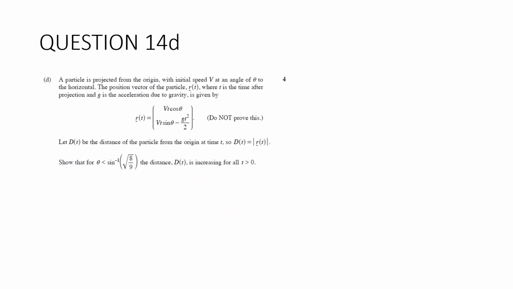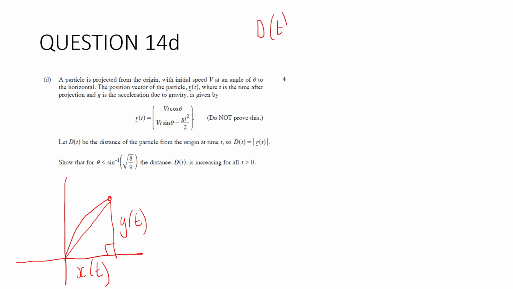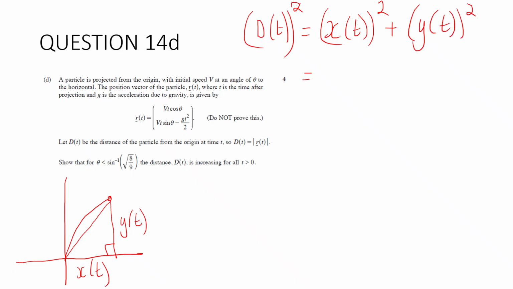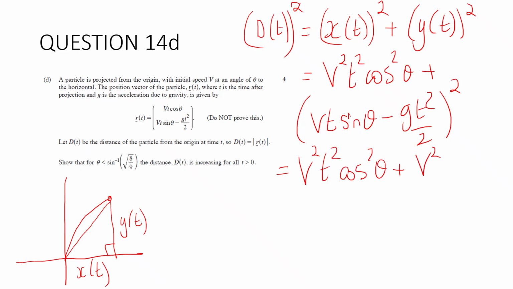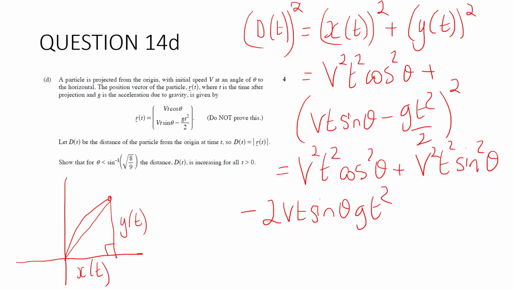So let's start with Pythagoras' theorem, because this particle is projected from the origin, and if we want the distance at any point from the origin, then this part here is going to be y(t), and this is x(t). So d(t) all squared is equal to x(t) all squared plus y(t) all squared, which is equal to v squared t squared cos squared theta plus (vt sin theta minus gt squared on 2) all squared, which is equal to v squared t squared cos squared theta plus v squared t squared sin squared theta minus 2vt sin theta times gt squared on 2 plus g squared t to the 4 on 4